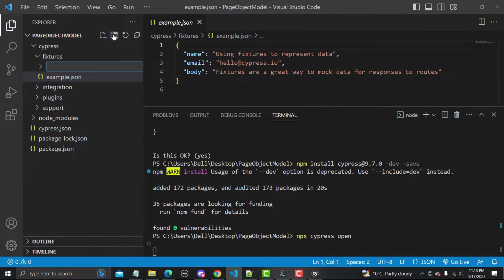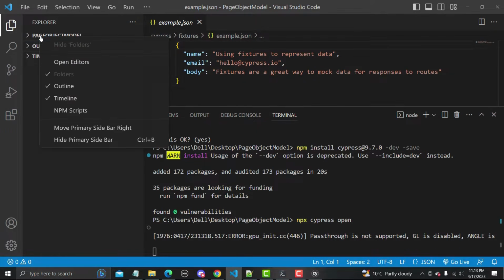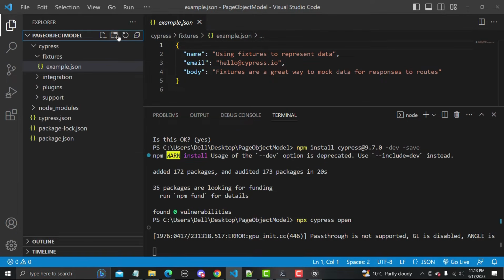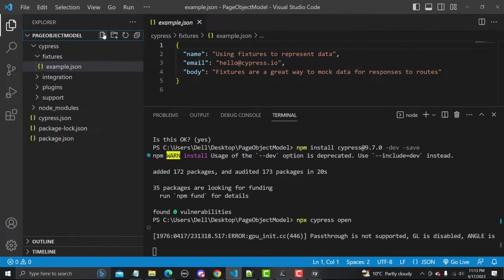And here we don't even need to create inside the fixtures, we actually need to create it on the root folder. I press, and this is the page object model.